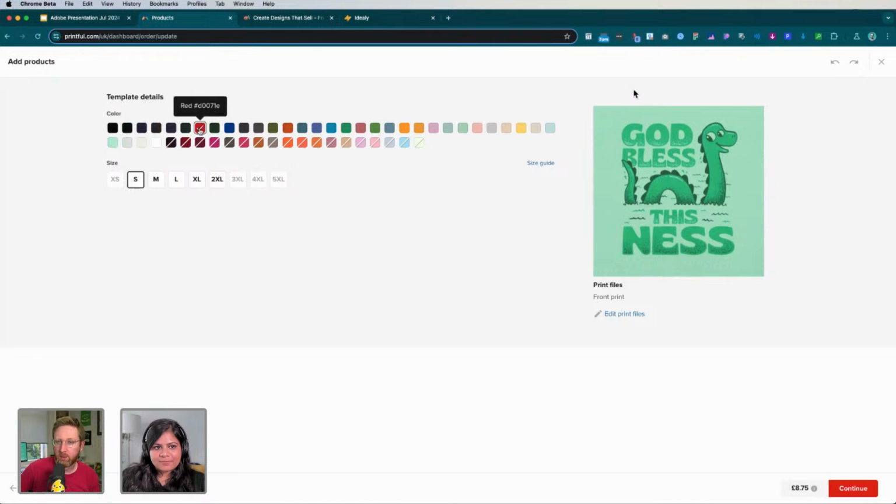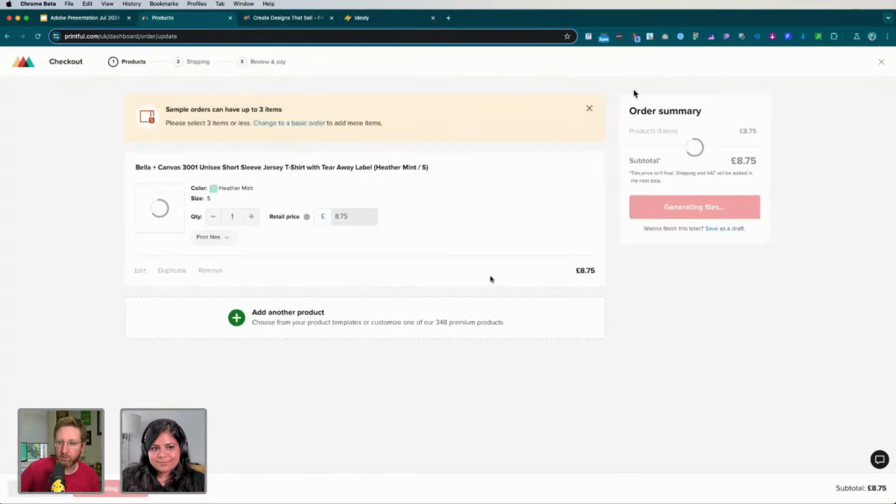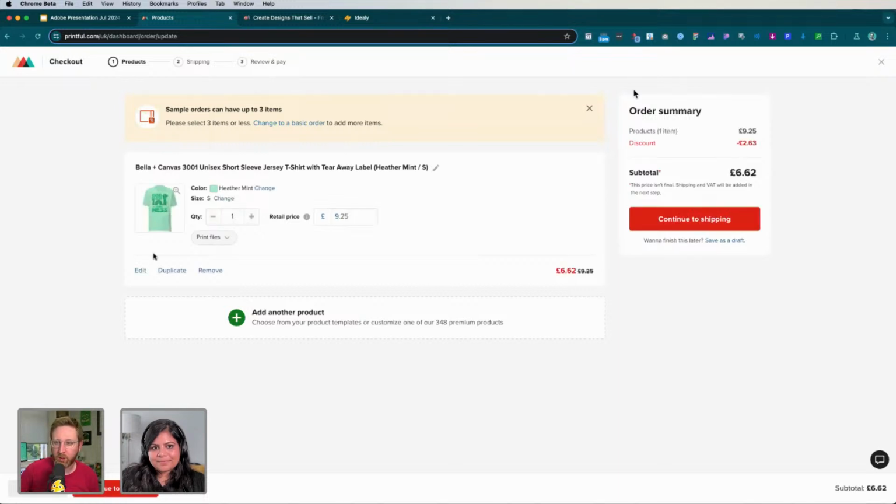I think it will show as a mock-up in the next screen. But for this one, we want to keep it on this nice kind of light mint color. So then it will go through and basically now you're in a checkout where you can add more products and you can see the discount that you're getting for everything there. And you can ship that to yourself. I won't go through that process and post my address here. But I'm sure people can do that themselves if they want to. So that's pretty much it, that was pretty cool.